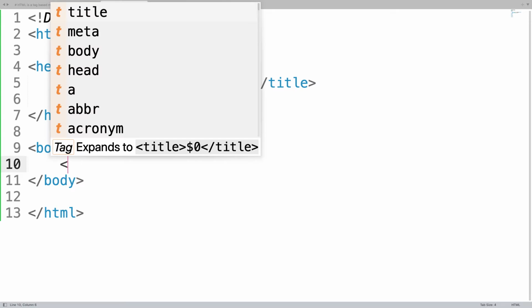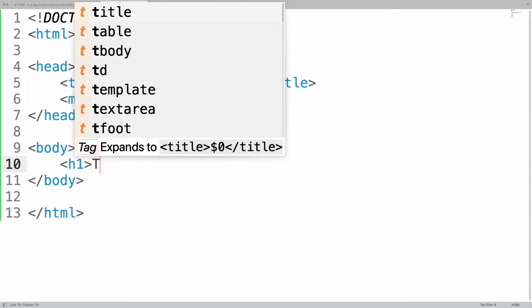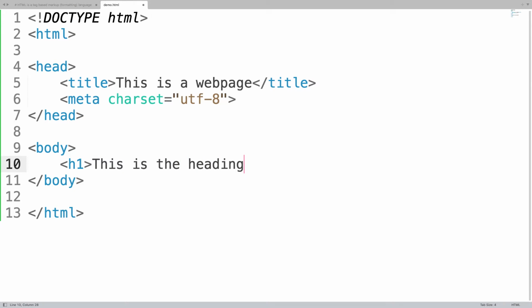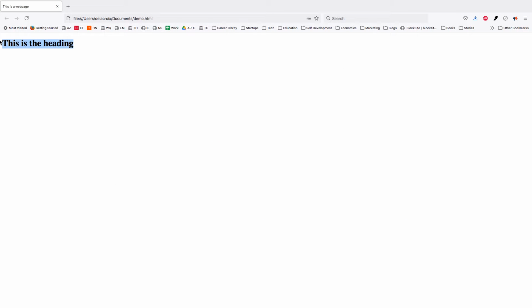Now we will add something which you can see. I can give it a heading. For the heading tag, there are different ones: H1, H2, H3. Here you can see there is a starting heading tag and an ending heading tag. Also, in this meta tag, we don't see something like a meta ending, because some tags don't need an ending tag, since they are not capturing any information between them. Let's see if this comes. Now we can see the heading.